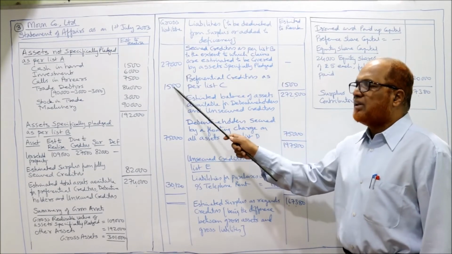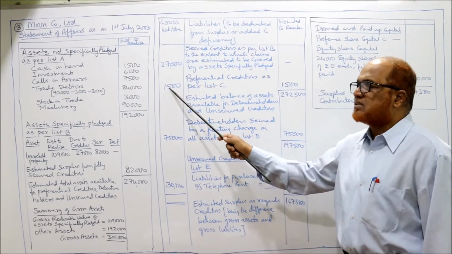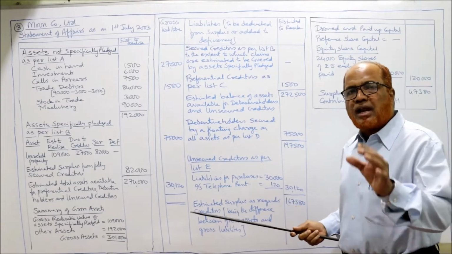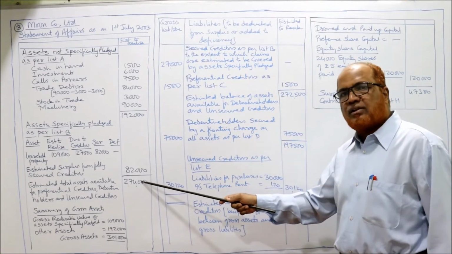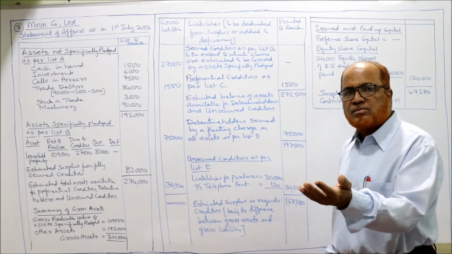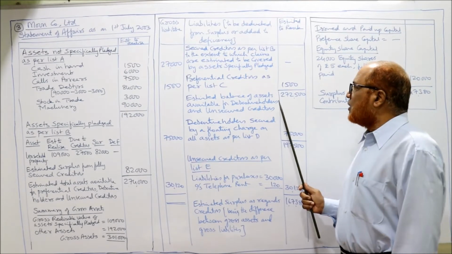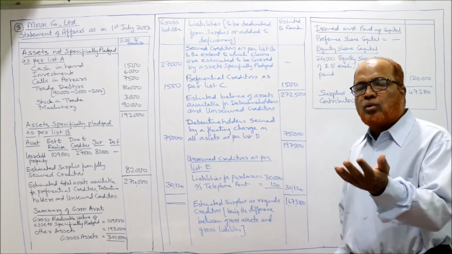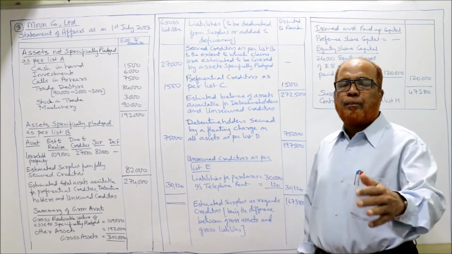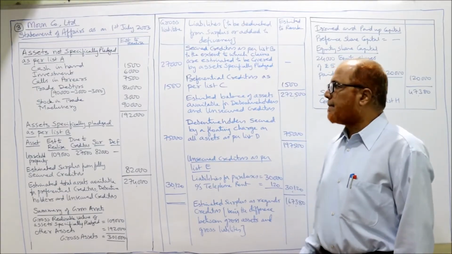Preferential creditors 1,500 given in the last line. So it will be taken on both the columns. Left hand side column gross liability, right hand side column estimated to rank. Now subtract this 1,500 from 2,74,000. जो 2,74,000 के assets available है, realizable value of assets, उसमें से पहले payment 1,500 preferential creditors. Now 2,72,500 is the amount remaining estimated balance of assets available for paying to debenture holders and unsecured creditors.